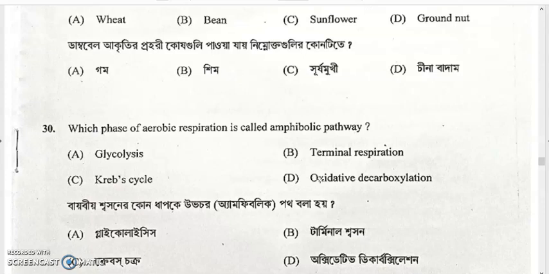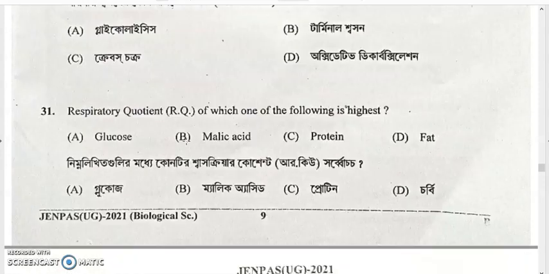And Krebs cycle is one of the important amphibolic pathways, right? So the answer will be option C, that is Krebs cycle, the phase of aerobic respiration which is called amphibolic pathway. Respiratory quotient of which one of the following is highest? In which case is the respiratory quotient highest? Now 31, respiratory quotient highest in